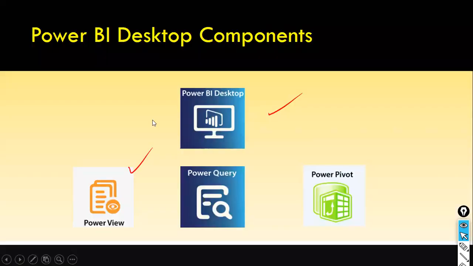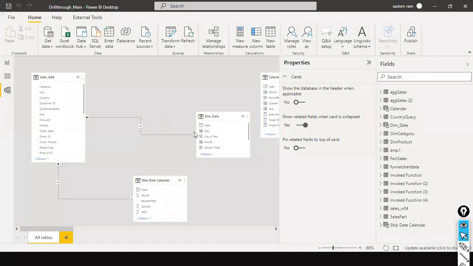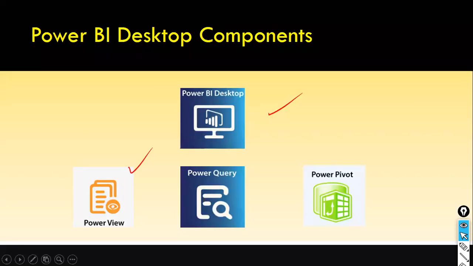But in the case of Tableau and QlikSense, you don't have to create the data model. It takes care of it automatically, but when it comes to Power BI, you have to create the data model design. So what do you mean by data model design? You need to create the relationship between the tables or amongst the tables. Where you do it, that is what is called Power Pivot. So using Power View, create the reports. This is where we do the data model design.